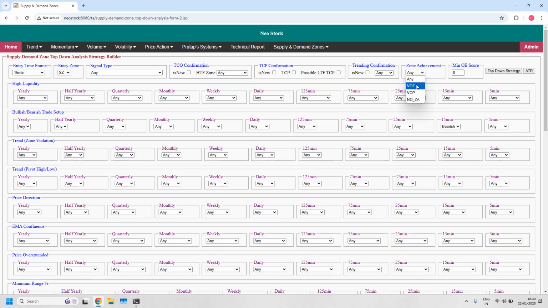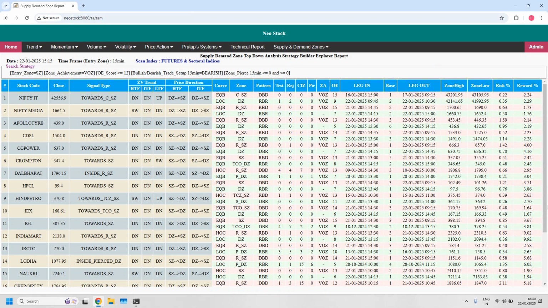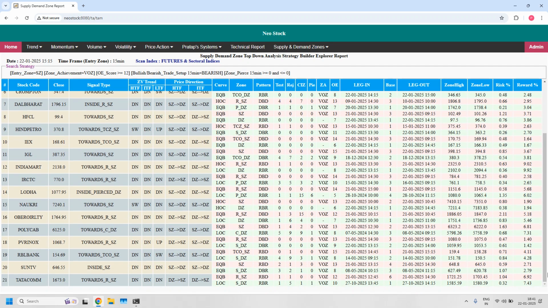Zone achievement violated opposing zone. Minimum order enhancer score 12. All three filters are applied to the 15 minute supply zone. Now let's filter the stocks. We got 21 stocks. First 15 stocks in the list. I am scrolling the list down. Out of these 21, some of these 15 minute supply zones are high probability zones based on the high